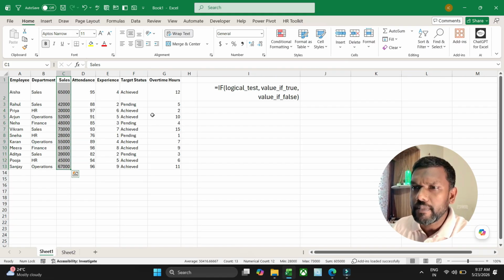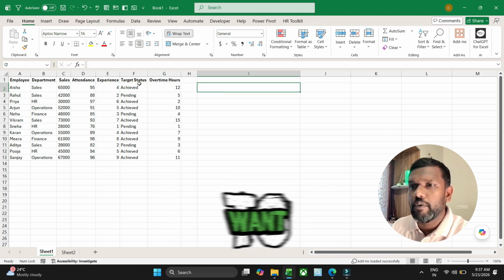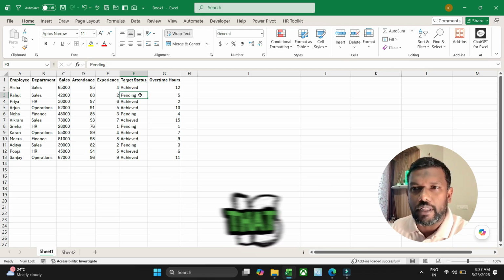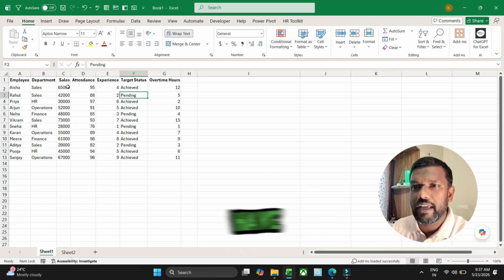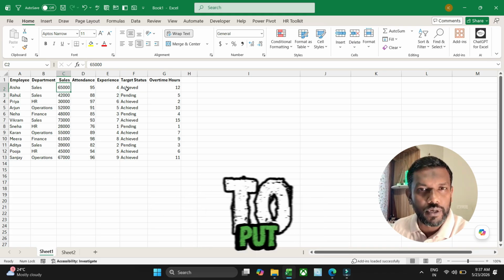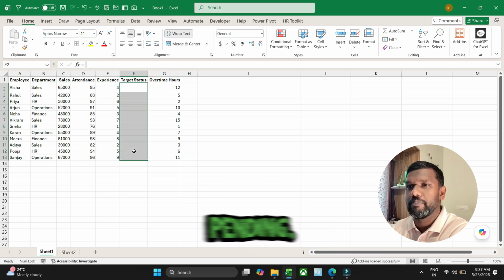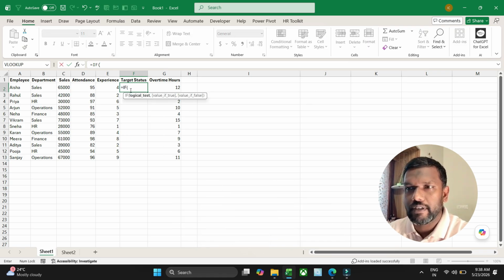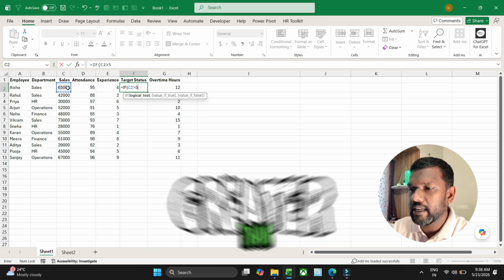I want to write this target status. Let me delete this. I want to put the target status as achieved or pending based on the value that is there. So let's assume in this case wherever we have greater than 50,000, I want to put achieved, and if it is less, I want to put pending. So how do I put equal to IF? I press the tab key. What is the logical test? If you remember from the previous thing that we did, if this is greater than 50,000,